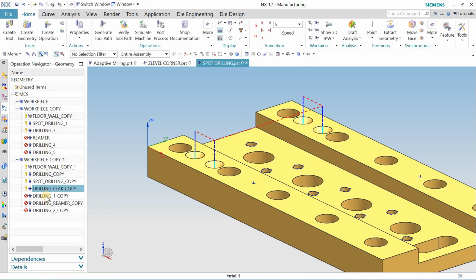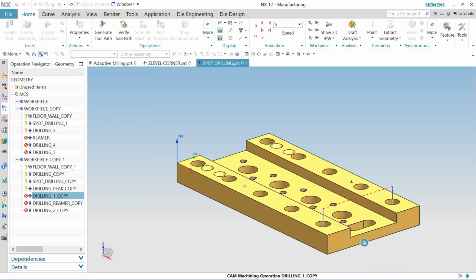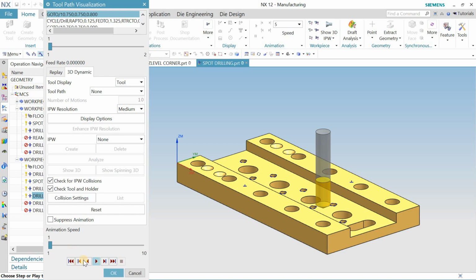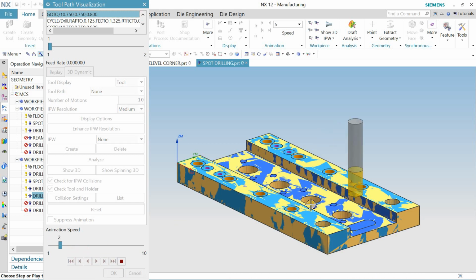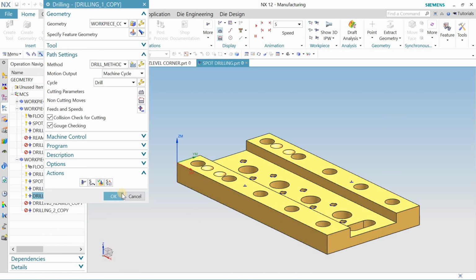Okay, and let me just generate this, verify, slow down the speed so that you can see what actually happens. Okay,